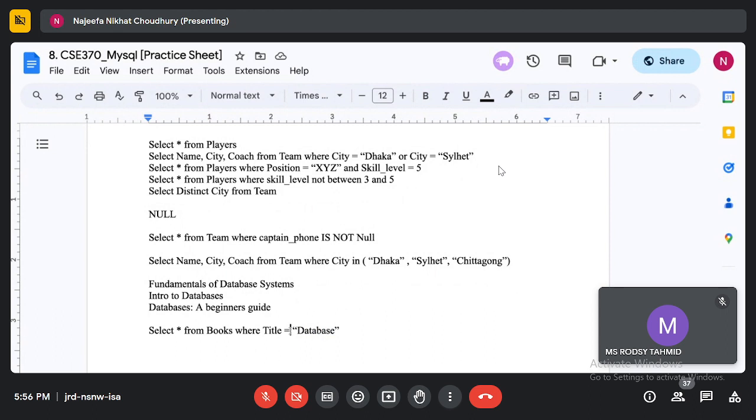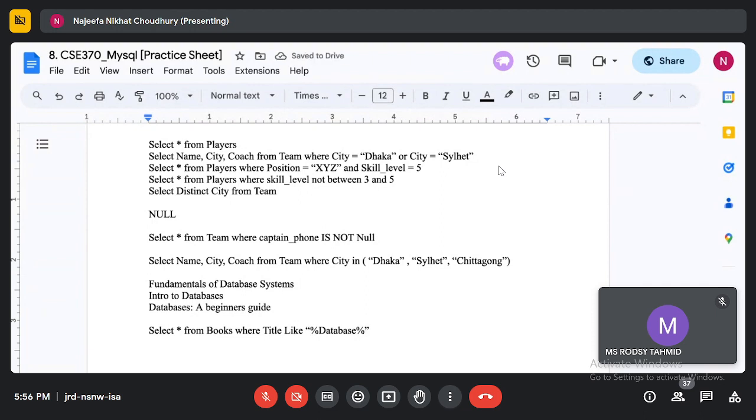So instead I have to find the substring, which means only a part of the whole title. That's why I'm going to use the LIKE operator. If I say title LIKE, and then I use these symbols, the first symbol is the mod symbol. The mod symbol is basically a wildcard.